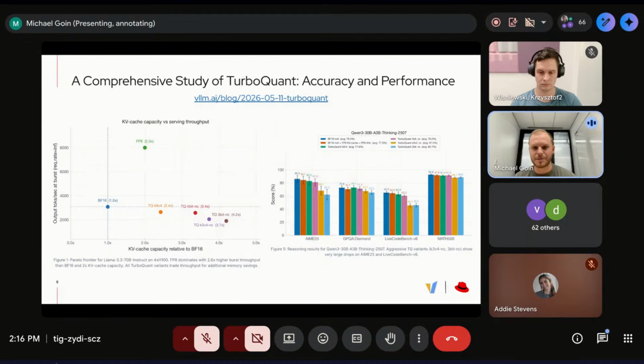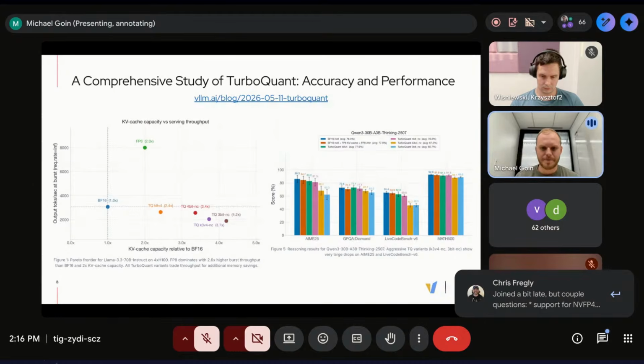And I think the thing that's especially left behind in a lot of the conversation is proper accuracy evaluations on industry standard benchmarks, like reasoning evaluations such as GPQA Diamond or Math 500. There are some interesting results there that show some of the more aggressive types of TurboQuant quantization, like down to 3-bit or 4-bit, can actually hurt accuracy quite a bit.